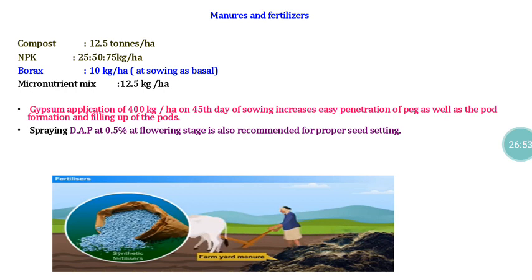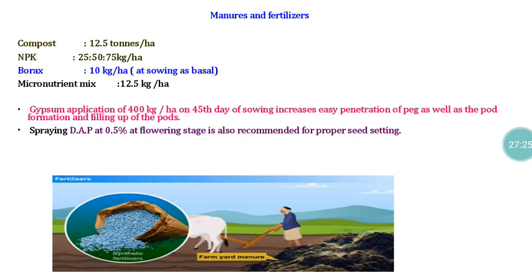I already told you that the earthing up operation is a very important operation. Through earthing up, we are going to loosen the soil in and around the root zone area of the groundnut. That loosening of the soil will help the peg to penetrate very easily, and a higher level of porosity will help the pod to develop well. There won't be any restrictions or problems with reference to pod enlargement. For that purpose, we have to do the earthing up operation 40 to 45 days after sowing.